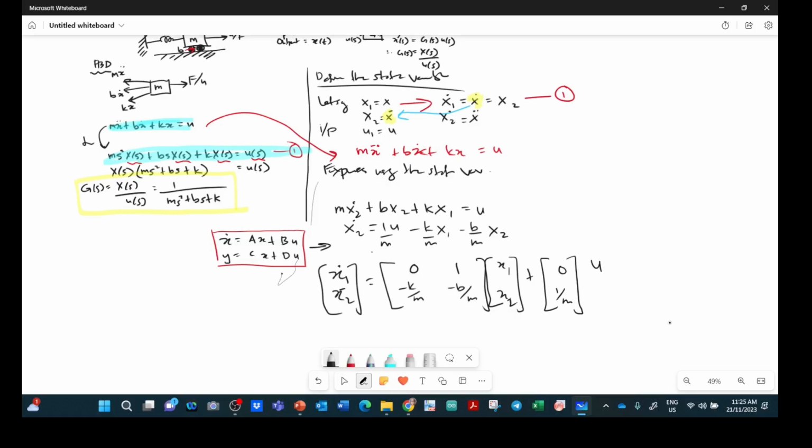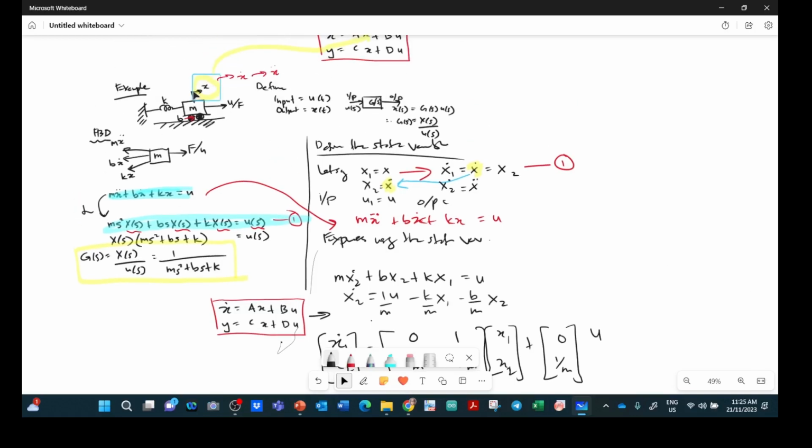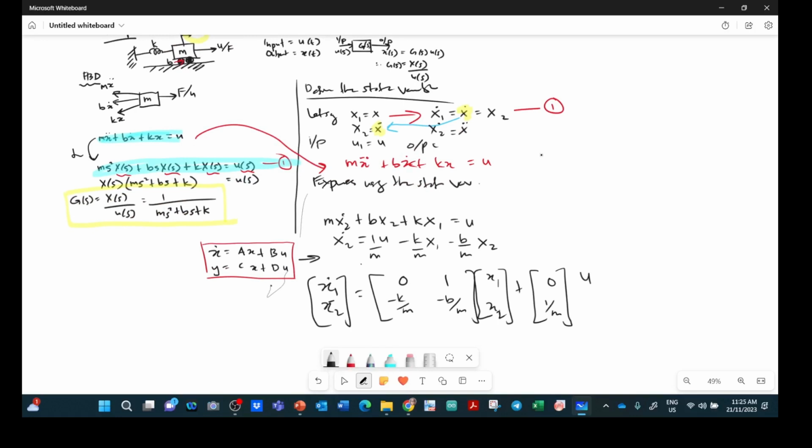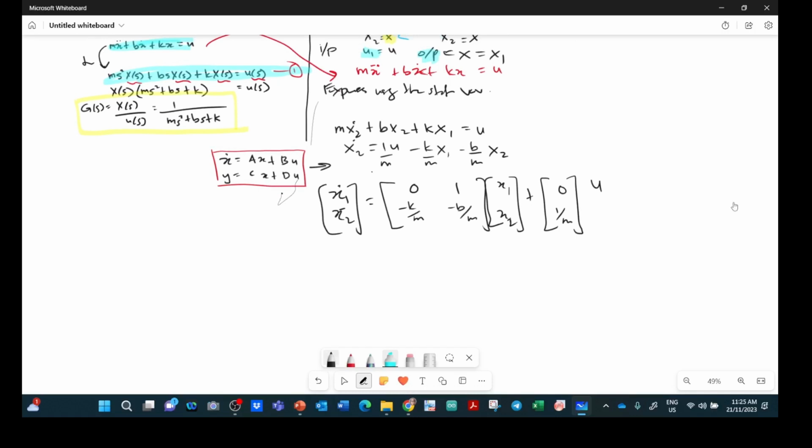Okay, we also need to define the output, right? Output, what's the output? Equal to x, right? Output is x. So output is equivalent to x, which is equivalent to x1. Okay, so this one is the important parameter. So the output equation can also be defined as y equivalent to, we have x1, x2,